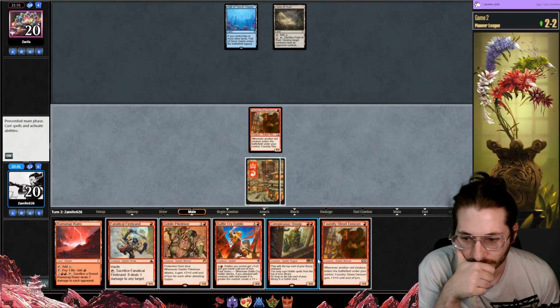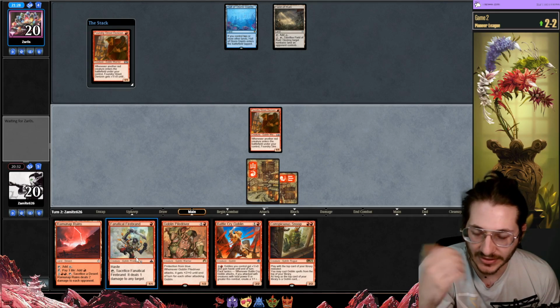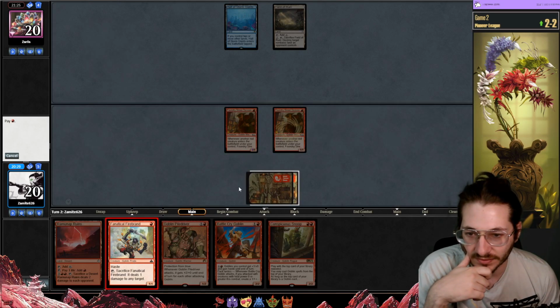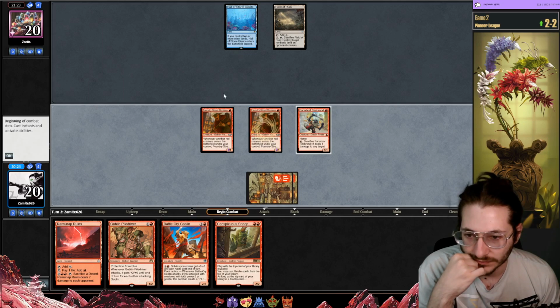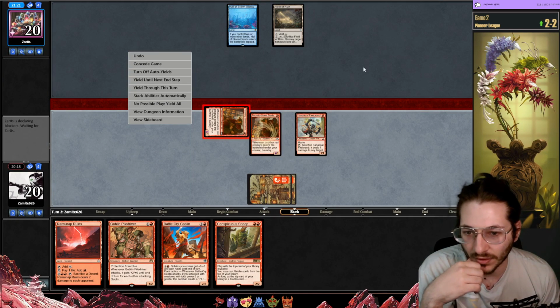So... Maybe I just play... No, it's 1 point of damage either way. All right, I was gonna say maybe I only play the Foundry Street Denizen this turn, but the Fanatical Firebrand will attack for 1 damage both turns, and it will give a damage to this guy. So the 1 damage I gain by waiting, I lose over here anyway,